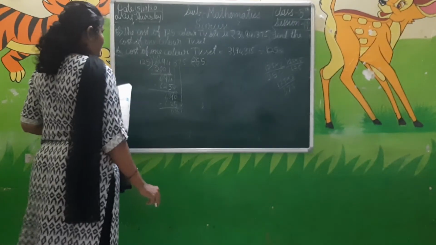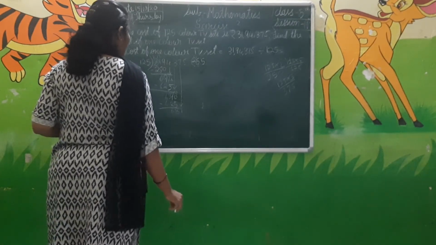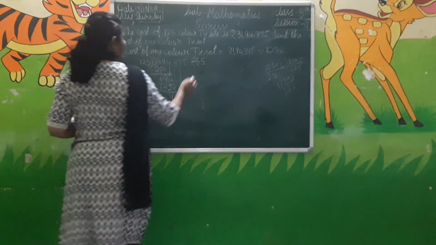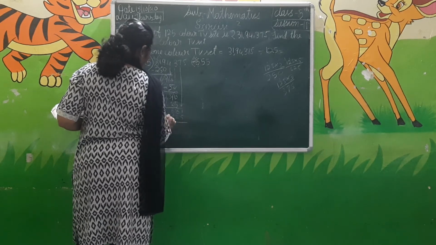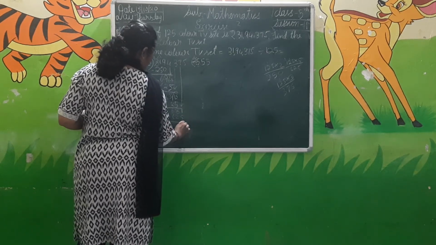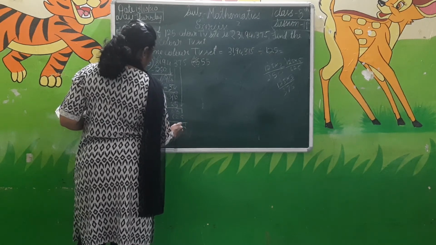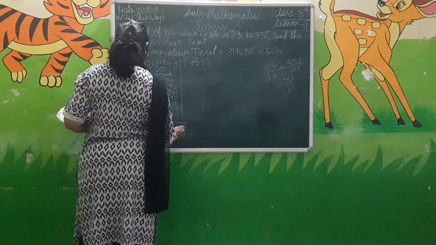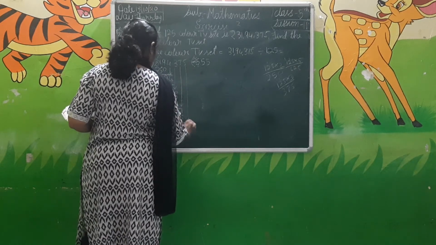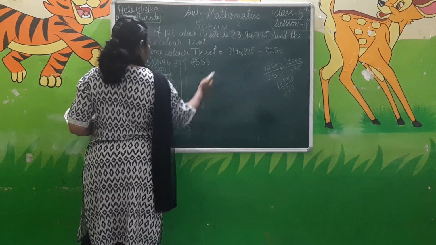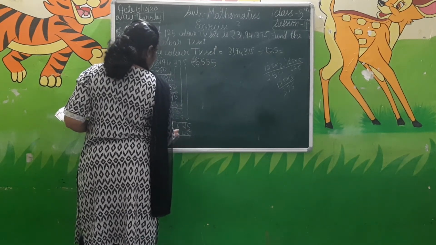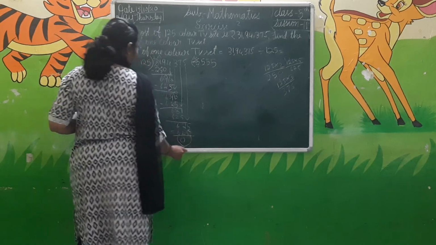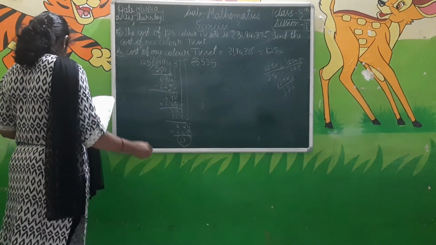Now take the 7 down here. It has become 697. So again you have to take the 5 itself. 5 is 625. Okay. 7 minus 5 is 2. 8 minus 2 is 6. Lastly, take 5 here. It will become 625. Again, you should multiply with 5. 625. The remainder will be 0 because 5 minus 5 is 0. 2 minus 2 is 0. 6 minus 6 is 0 itself.